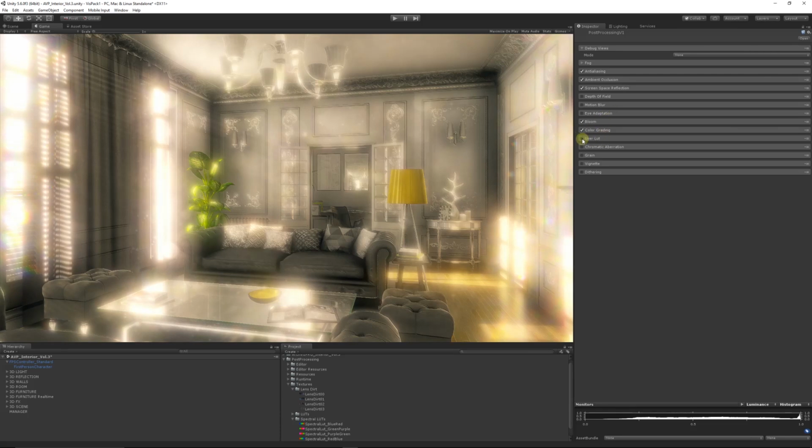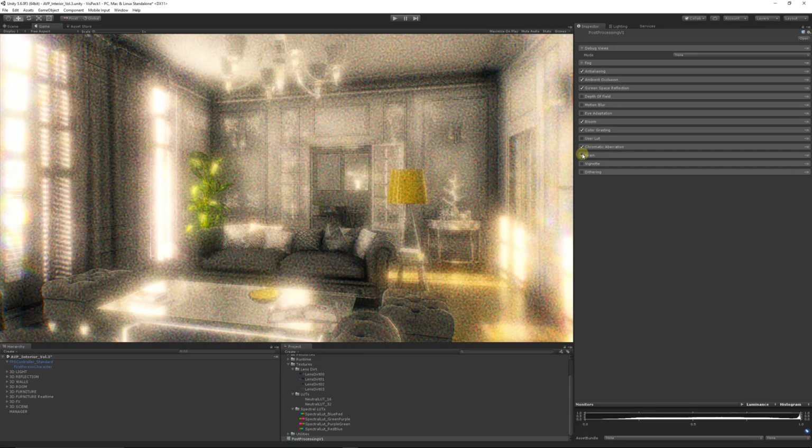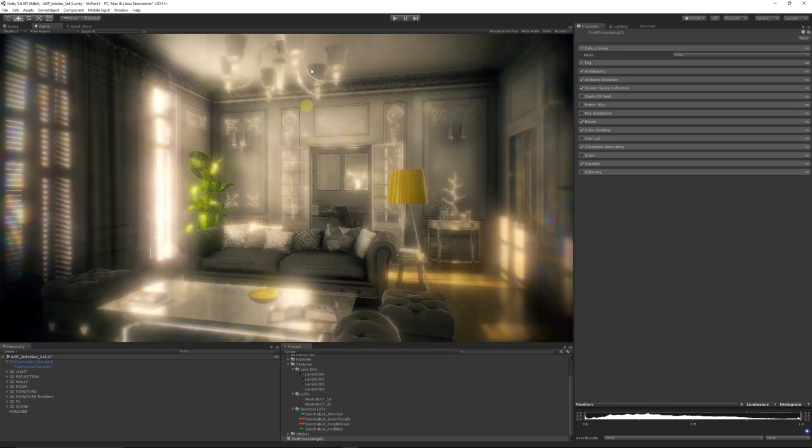You can use the user lookup table if that's something you're interested in, and you can have a few examples at the bottom here in the neutral lookup. You can use a chromatic aberration if you choose to want the effect of an old-fashioned camera, or something which is more towards a camera lens. You can choose grain if you want to have more of an old-fashioned look to your scene. You can use the vignette to darken very much areas of your scene if you choose to use that. And